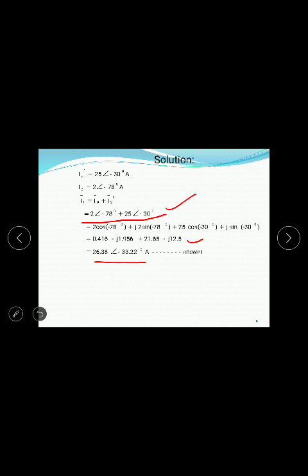So this rectangular form is converted into polar, which gives 26.38 angle of minus 33.22